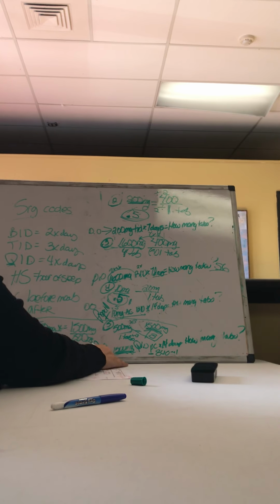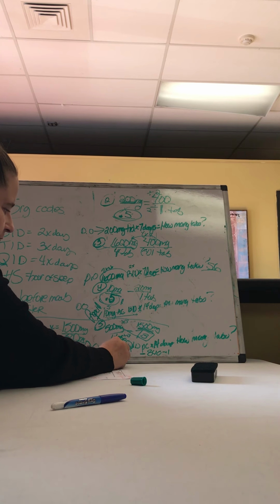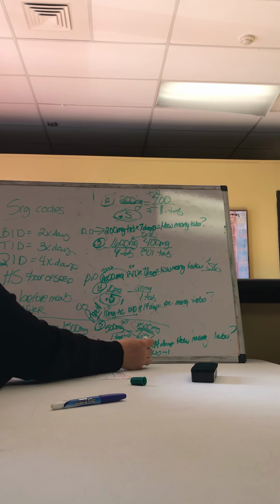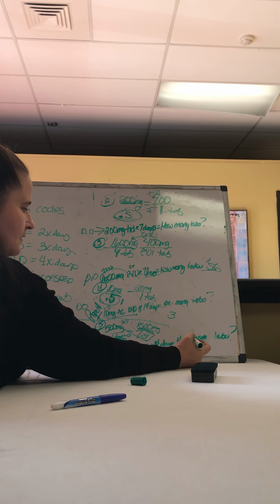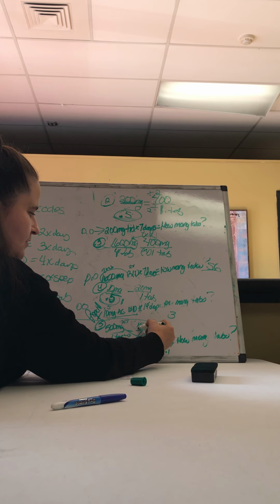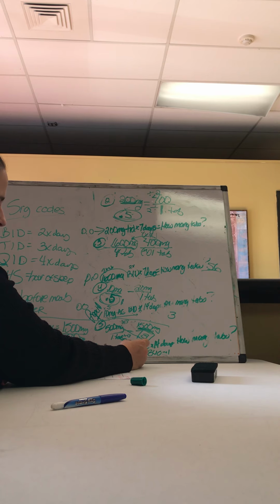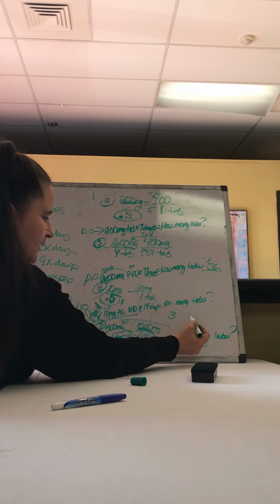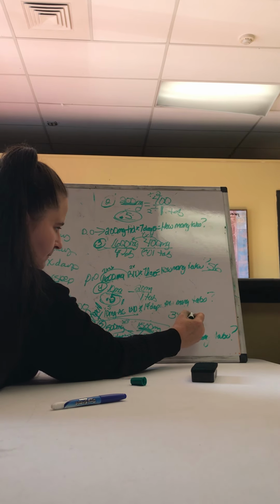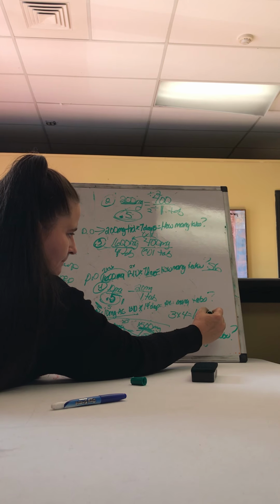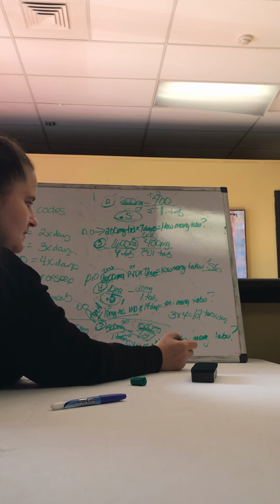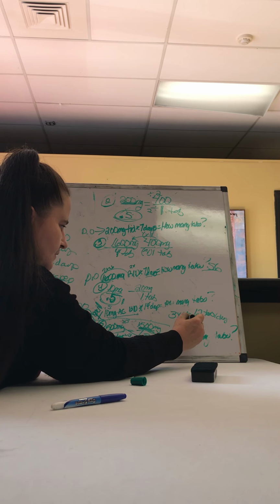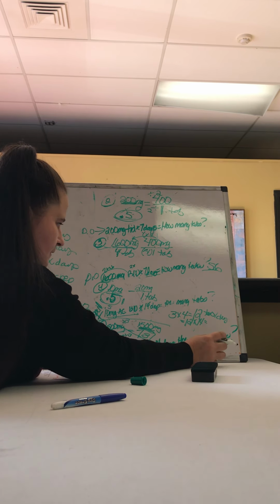Now we know he ordered 1,500 milligrams every day. So it takes 3 tabs to make one of the orders of 1,500. So he ordered 1,500 milligrams QID. So we got 3 already, times 4. So he wants 12 tabs a day, right? Mm-hmm. Times 14 days. What's that going to be? 12 times 14 equals